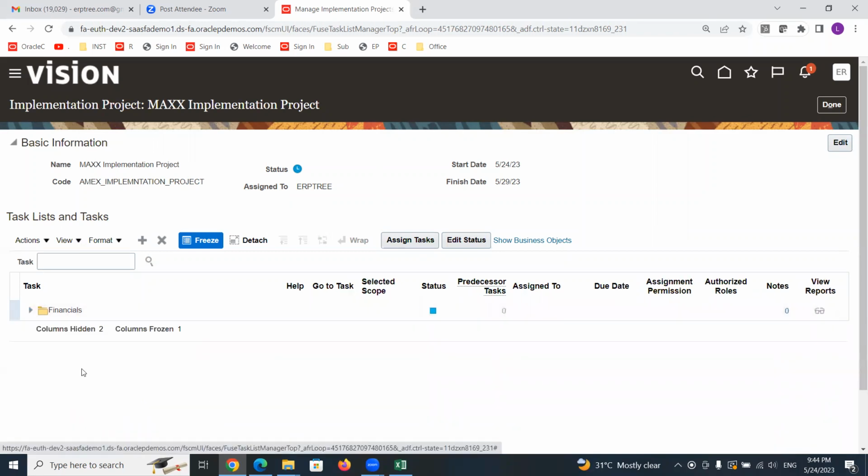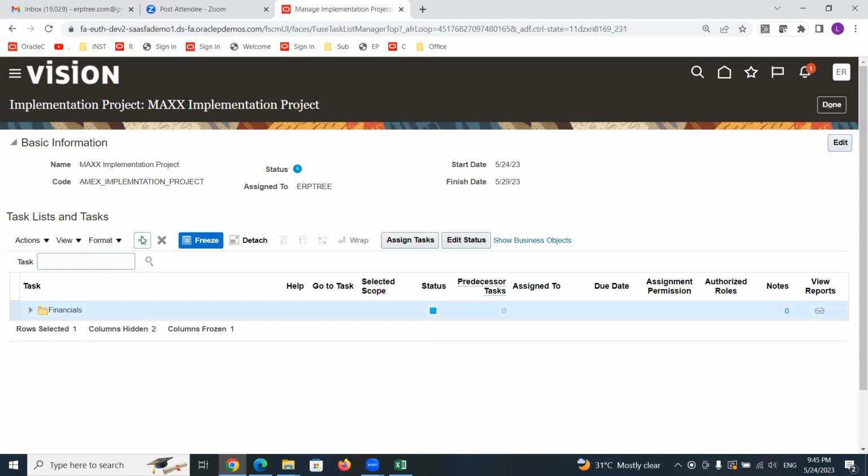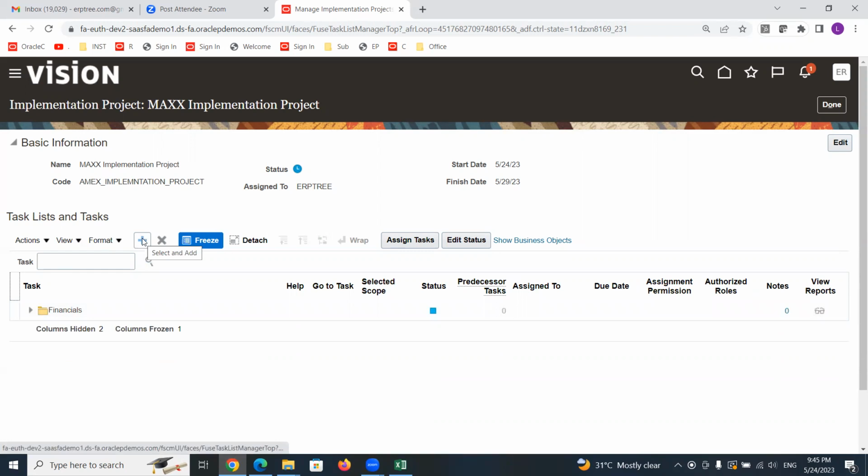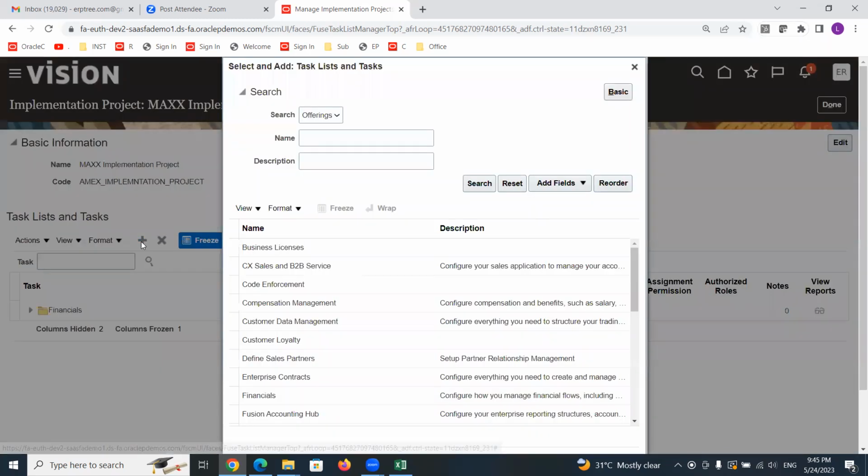Collapse this. If you select financials and if you add, it will be added into financials. If you want to add separately into the project, then don't select this financials. Here you click, again click, it will be deselected. Now financials are not selected. So whatever you are going to add, it will be added into this project next to financials, not inside of the financials, even if that is related to financials. Click on add.